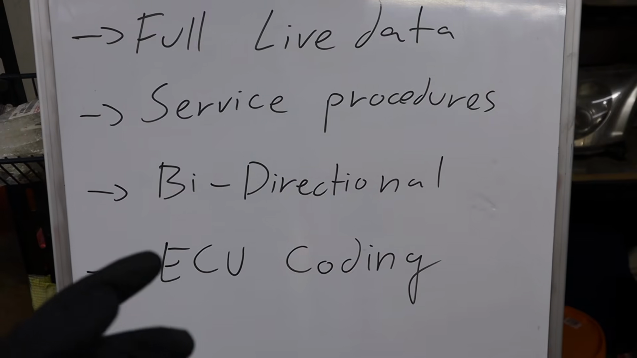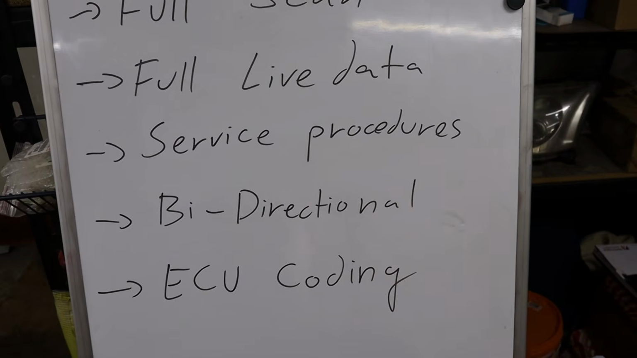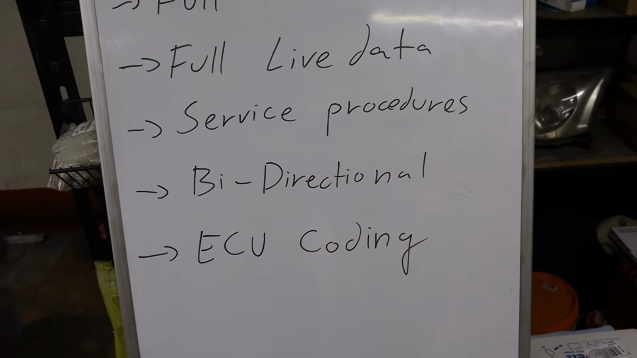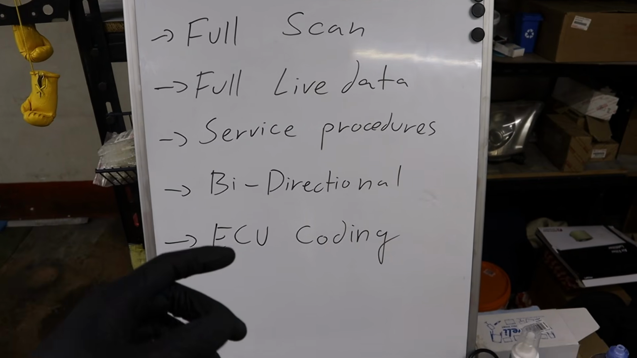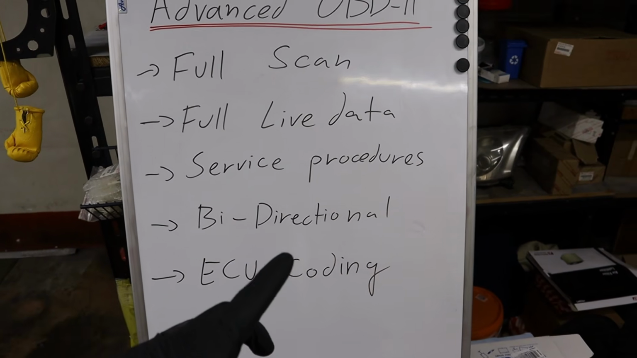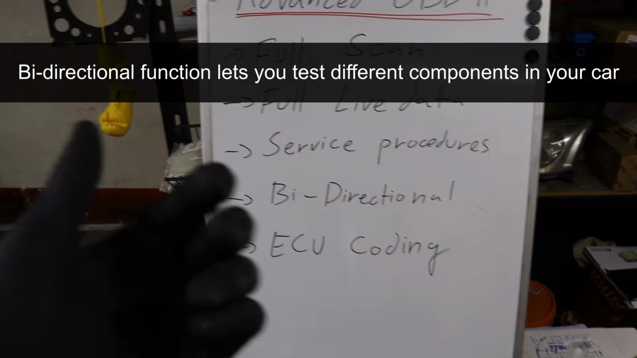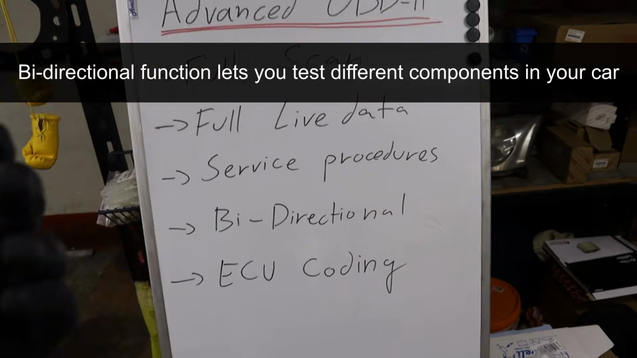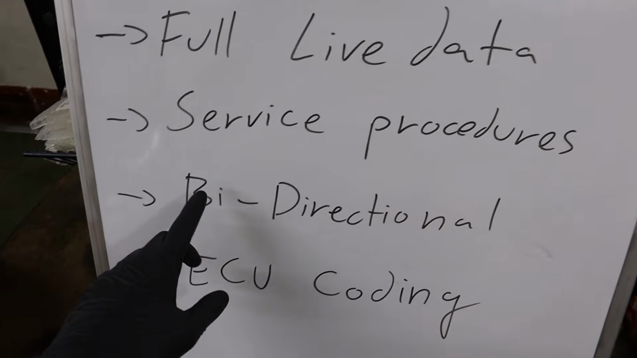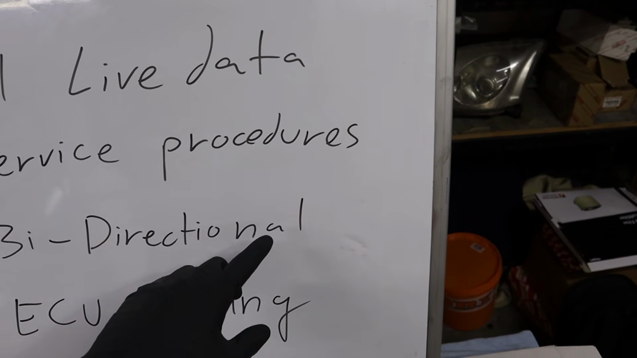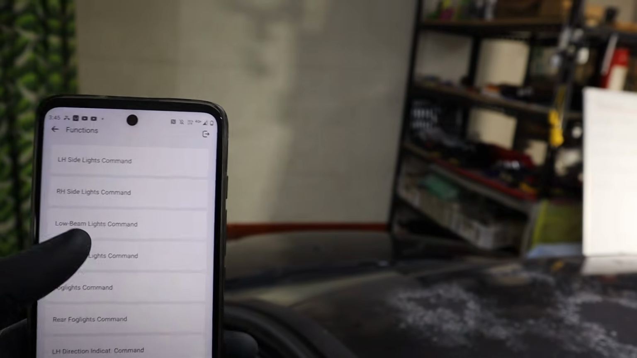Then we have bidirectional function, that is the ability to command different components in your vehicle to turn them on or off or operate them another way. So essentially with your scan tool you can test basically every component in your vehicle that is run by electricity. You can test relays, solenoids, fuses, fuel injectors, cooling fan, power windows, really basically everything in your vehicle. So bidirectional means that the scanner can not only read the data from OBD but also give back commands to your vehicle. Check it out, for example, low beam lights